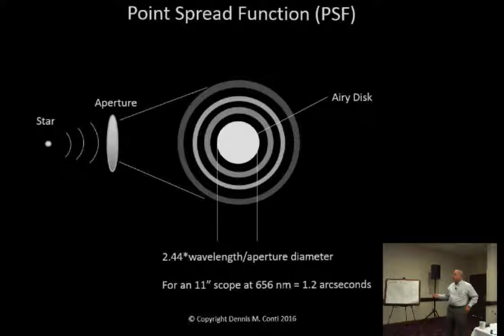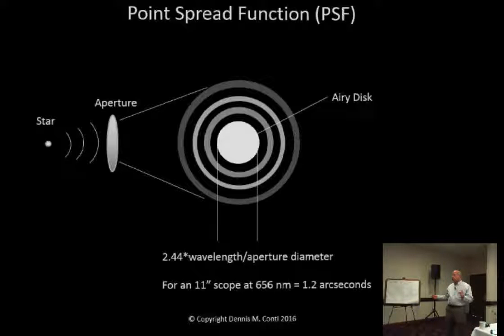The main part of that is called the Airy disk, and around it are concentric circles. But when we see a star, we see all of this light conglomerated together. What's really important about this with exoplanet observing is to make sure that we understand